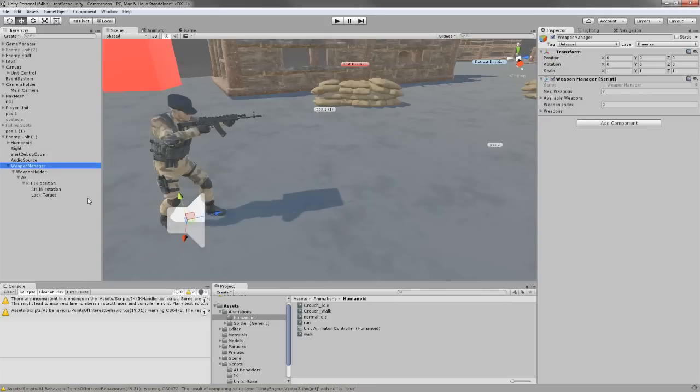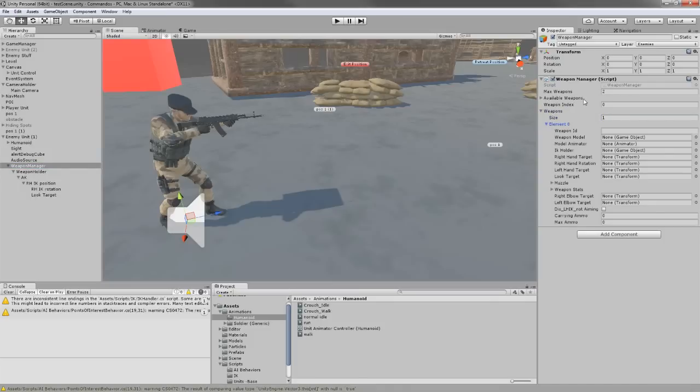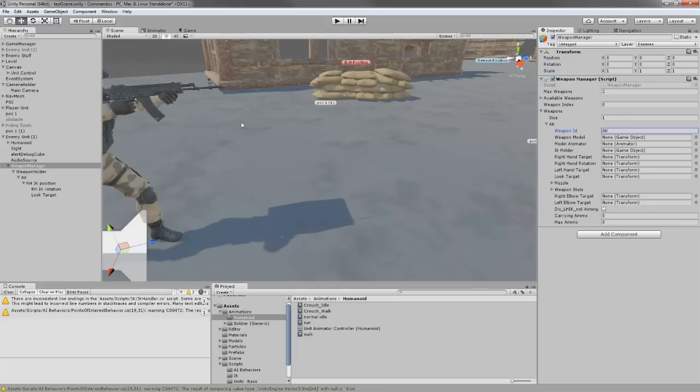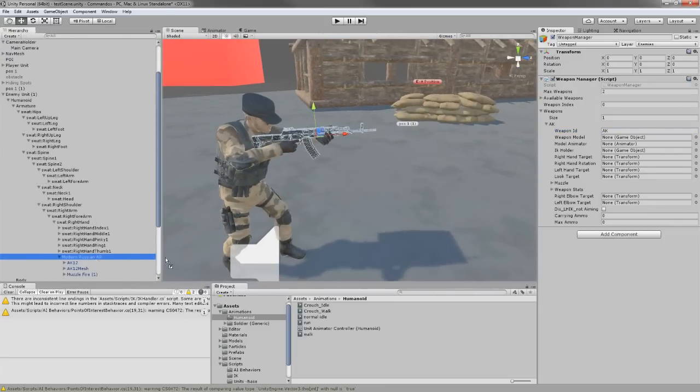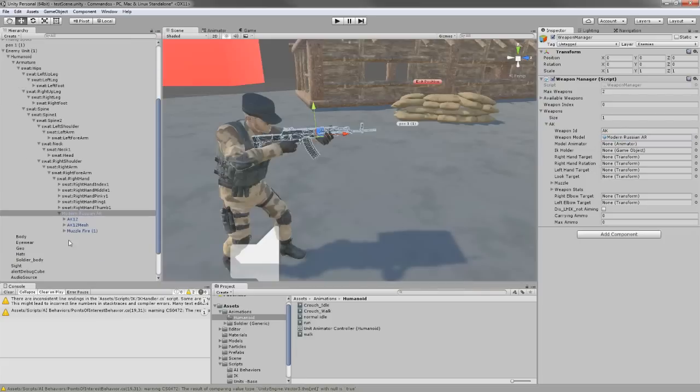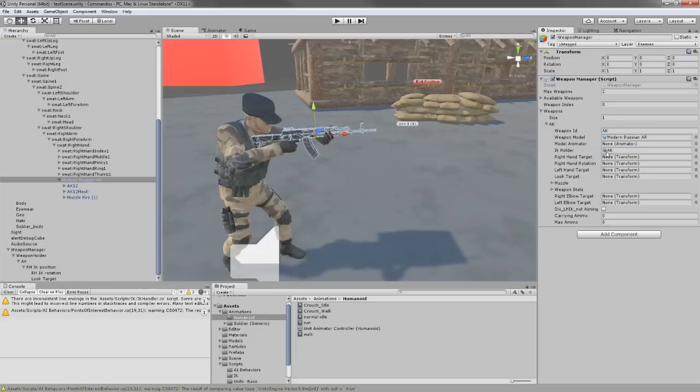Let's go back into Unity. So we can start creating our new weapons. Now I do not touch anything on the available weapons. I'm going to call this AK, and I'm going to start assigning references. I'm going to lock my screen over here, and I'm going to pass the weapon model. I'm not passing the model animator. I'm going to pass the IK holder, the right hand target, the right hand IK rotation,